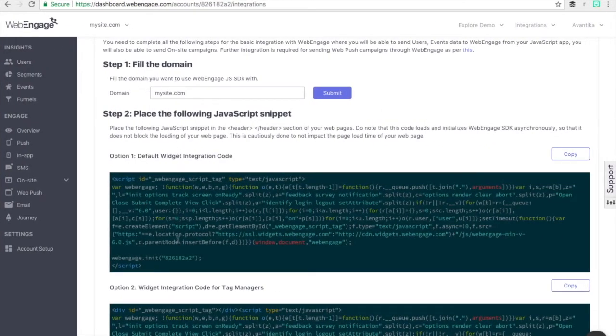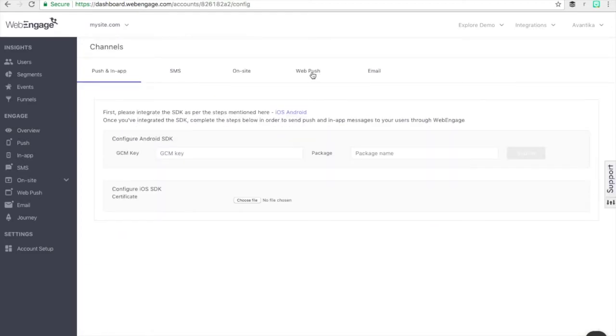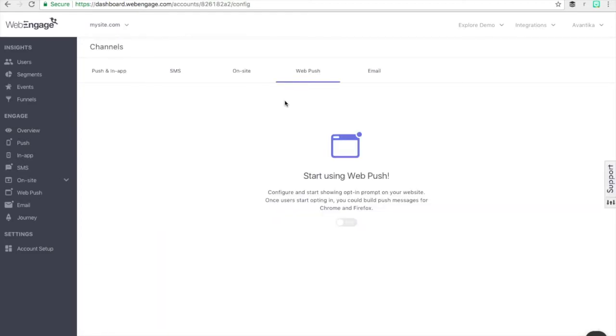So once I've configured, now I can move on to configuring web push, which is available from the integrations drop-down under channel and the web push tab. The initial screen is, so you have to start using web push. You just click on this toggle